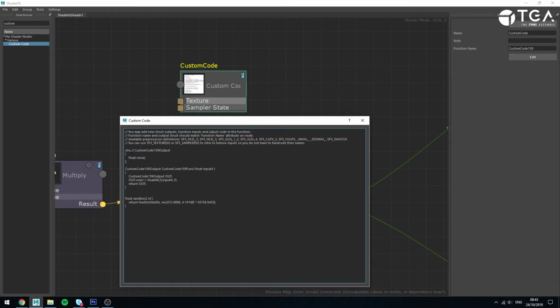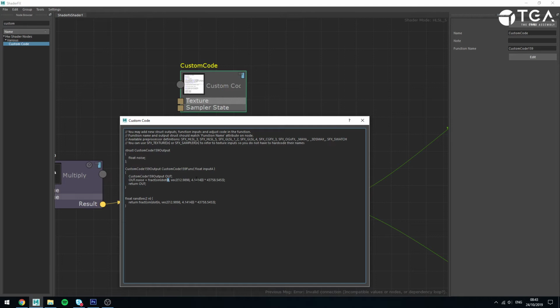So now the struct is going to have one component, one data type called a float, which is called noise. I'll then have to remember to change this one here to say noise instead. And on this side, I'm going to output the result of this function. So I could basically just grab this equation here and input this over here. And then the next step is, this one takes a vec2 input, or equivalent to float2, called n, and then n is being used here. So I could, for instance,